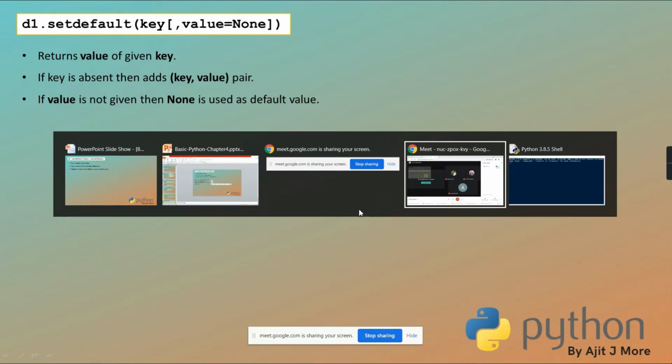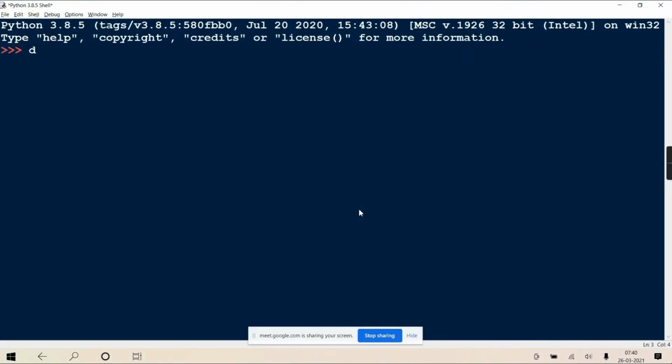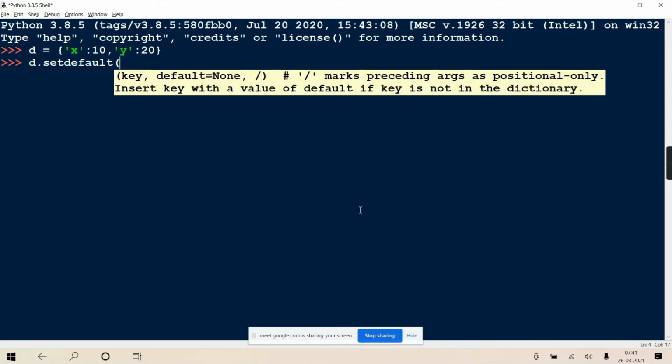Quickly, I'll just show you. Suppose this is your dictionary, x and y. If you write d.setdefault and give a key, and some value also, it's not going to be useful now because the key is present.